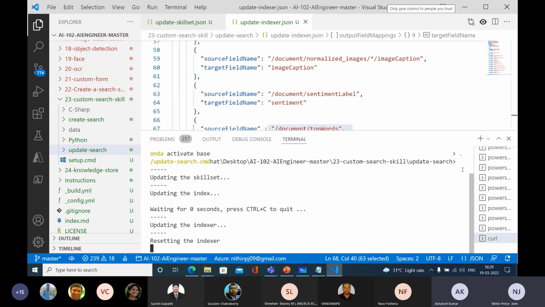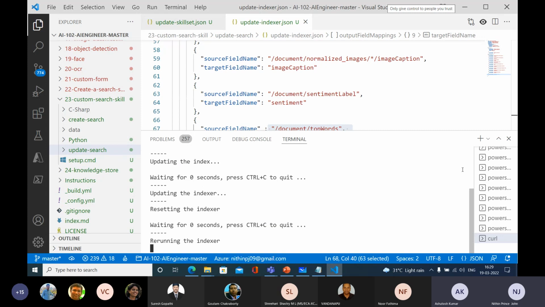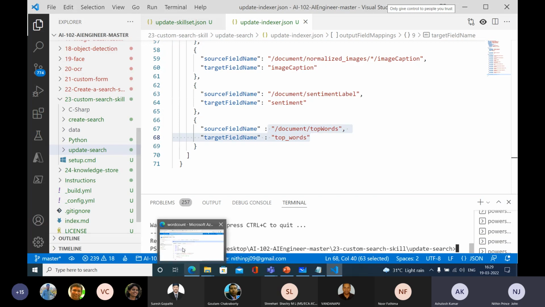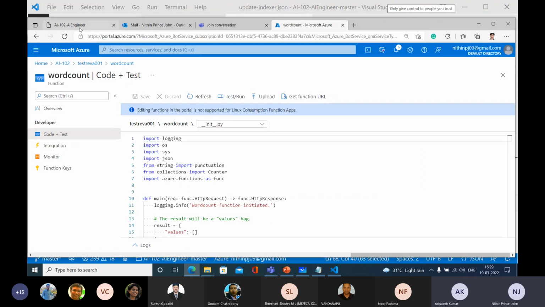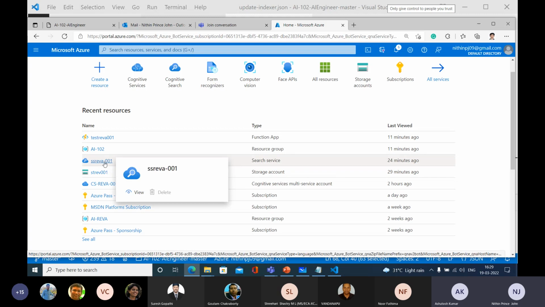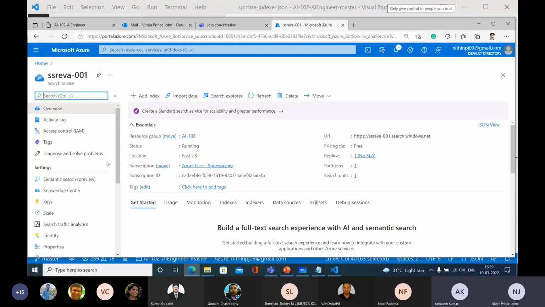Resetting the indexer. So now it is done, right? Now it is done. So go back to the portal, go to the Microsoft Azure main page, go and select this search service, SSRava, right? So go and select this search service, go to the search explorer,